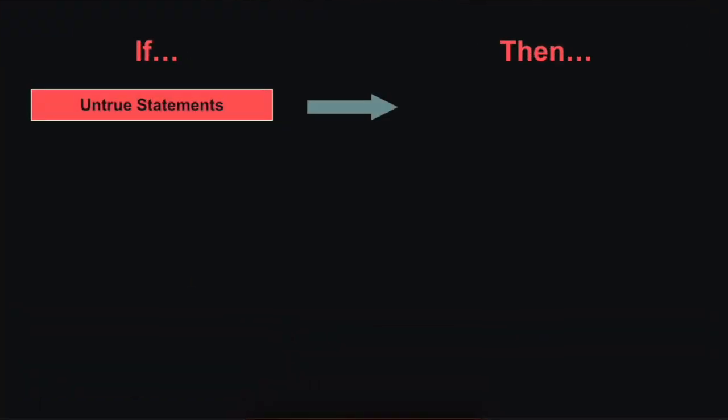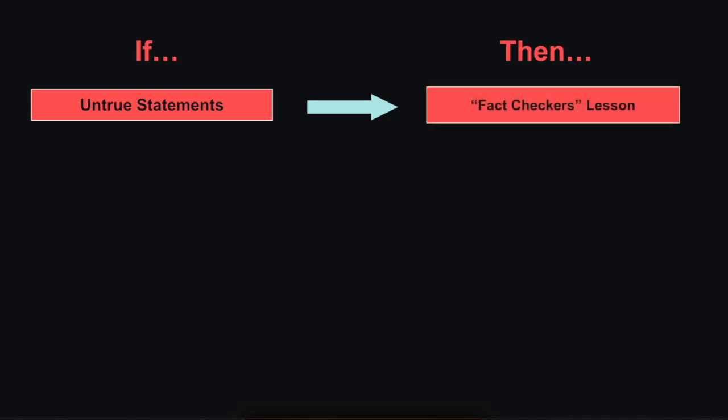If untrue statements come up, that means students or adults are talking about something and all of a sudden a complete factual inaccuracy is shared, then what do we do? Well, we make time. We add in a buffer lesson if it's a class, or if it's a staff meeting, we make time in the next staff meeting to address the untrue statements, particularly if it's said right before the end of the meeting or class and the bell rings and we need to go. Otherwise, we can unpack it when it was said, but absolutely make time to debrief.